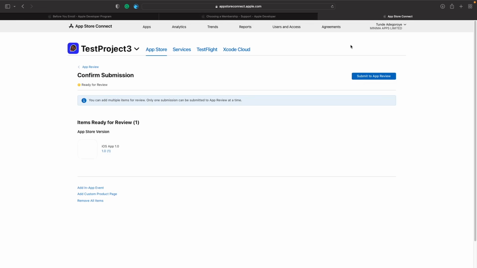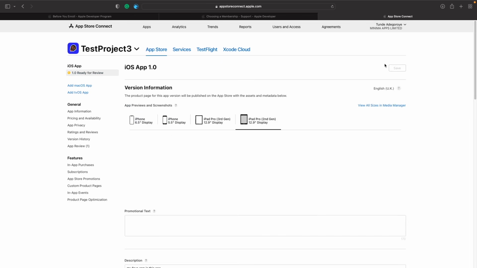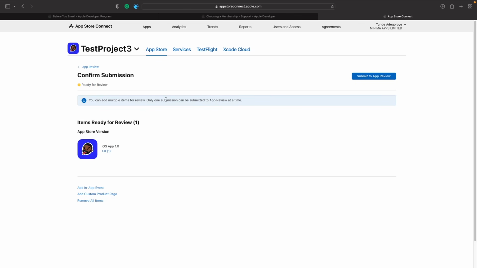What this allows us to do is review and have different items that we want to submit for app review at the same time. Right now we only have this version here, which is the one that we just created. And if you want to view the app reviews, you can go to the section here where it says app review, like I said before. Now let's go into ready for review. When in here, if you want to submit this version, you want to choose submit